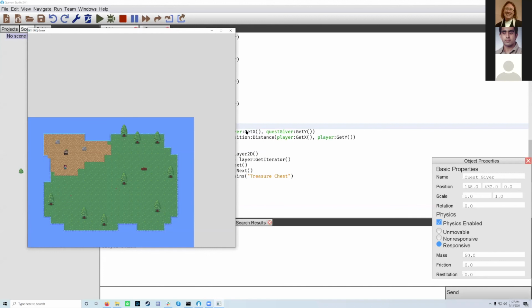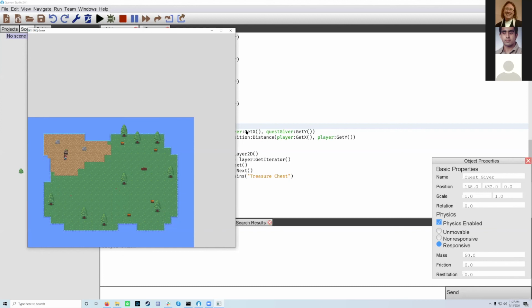I'm moving my character up. I'm about to bump the NPC, the quest giver. I press the spacebar. He says my very, very helpful quest text, and all the items show up. And now I'm going to press spacebar again, and again. I just kind of keep talking to him, and in this case, that might not be